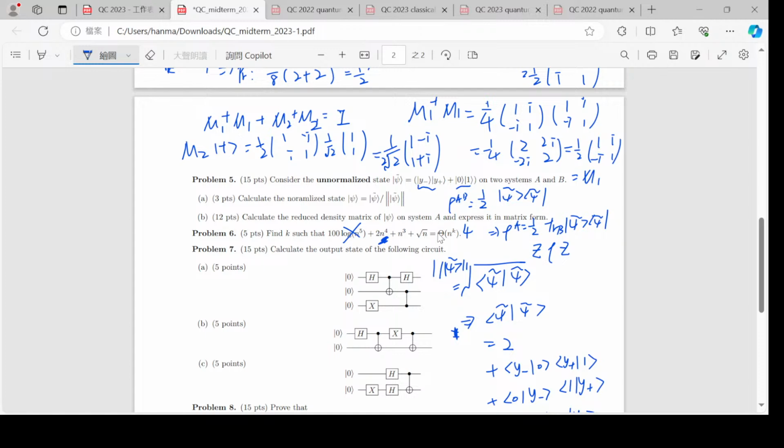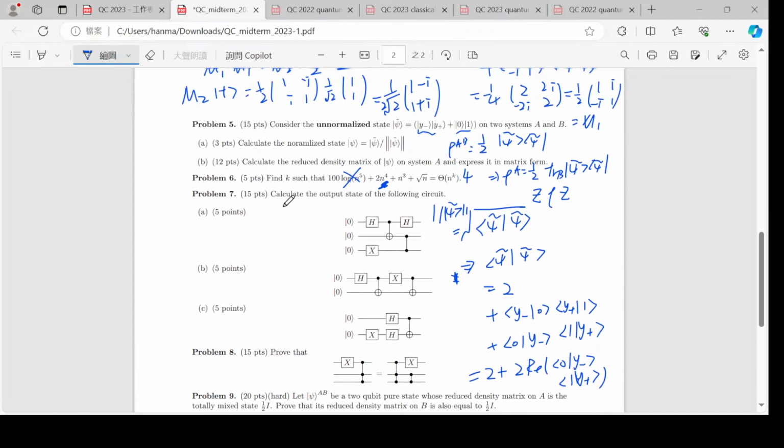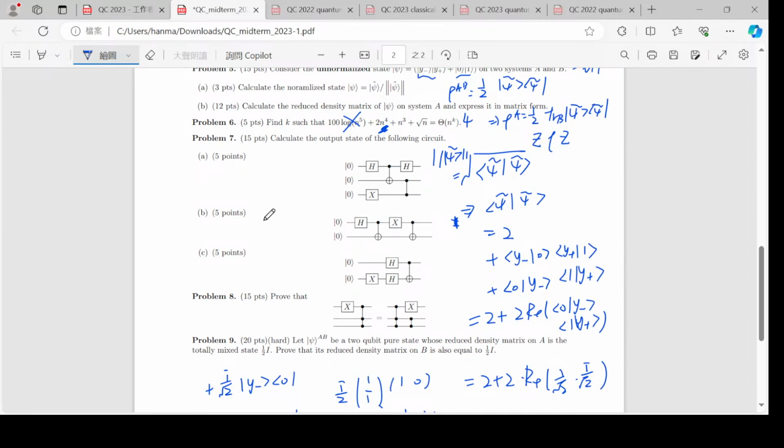And okay, we are short on time, so let's skip the calculation here. We have 3 calculations here. I guess the most interesting one is this thing. So this thing actually we cheat a little bit because this is actually phase kickback, although you can also do brute force calculation. So this thing is like a plus state here, and it's 1, and it's minus state here. And you can think about it's actually phase kickback on the plus state